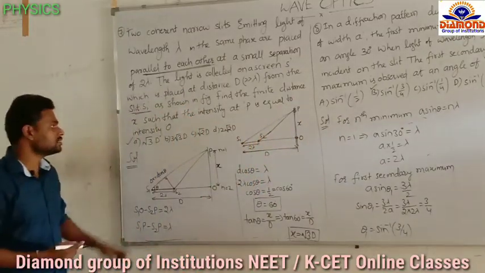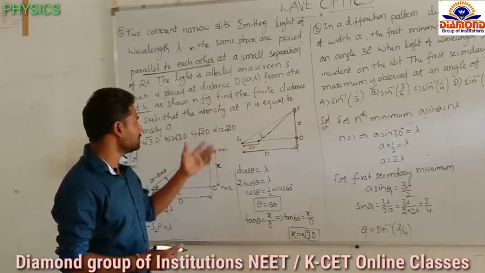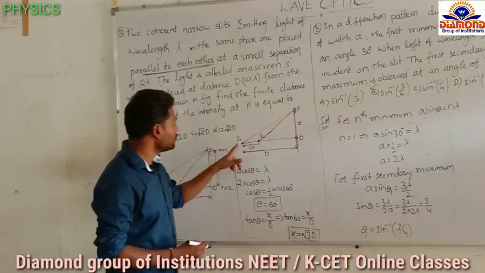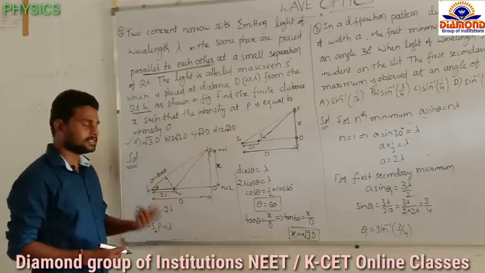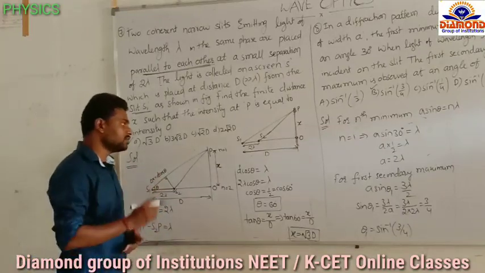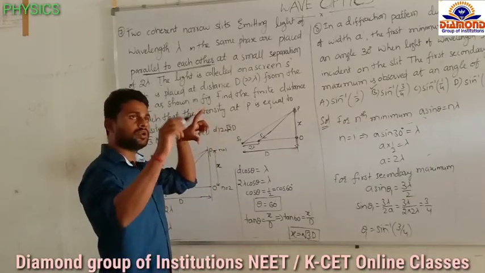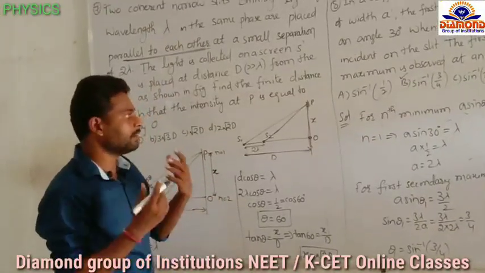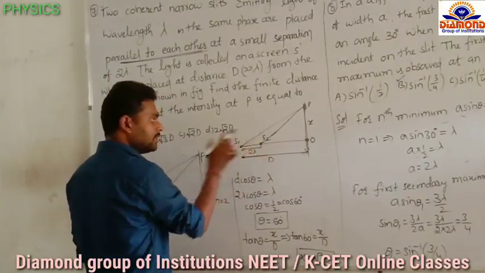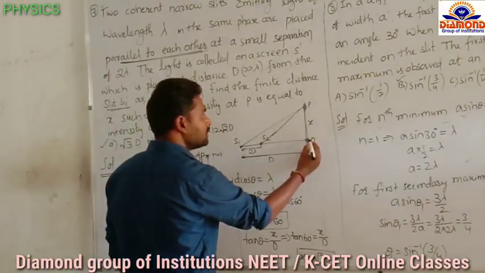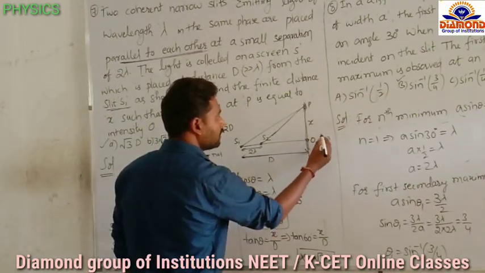And one more thing you have to remember: if the slits are vertical, then path difference del x equals d sine theta. If the slits are parallel, that means horizontal, then path difference equals d cos theta. Remember these two formulas. Also, when the slits are vertical, the central maxima is at O, and as you go away from the central maxima, the order of the fringes increases. But if the slits are horizontal or parallel to each other, the order of the fringes decreases from O. Suppose here we get the n equal to 3 bright fringe, next 2, 1, like this.